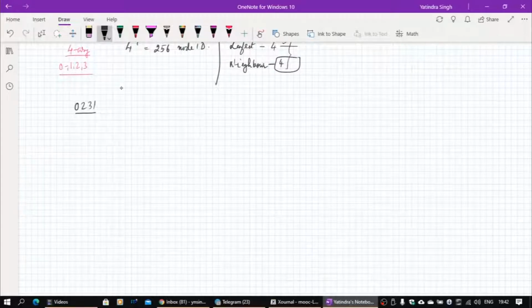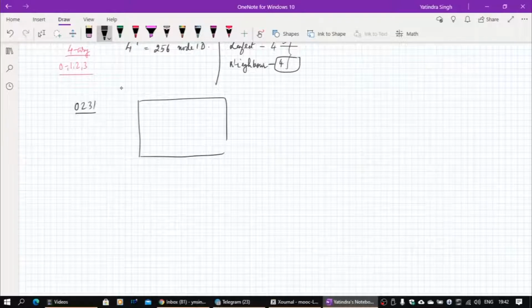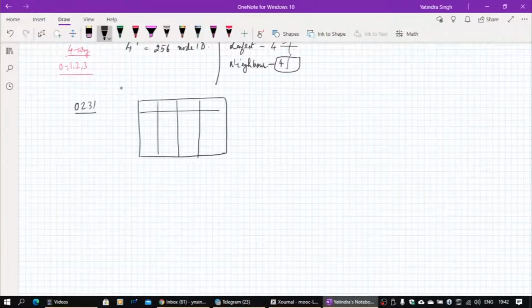There is no other entry, so the routing table of this node will simply look like this. Because we have 4 digits and each digit can take 4 values, there will be 4 columns corresponding to 0, 1, 2 and 3, for each digit.